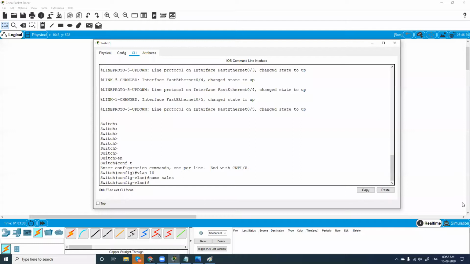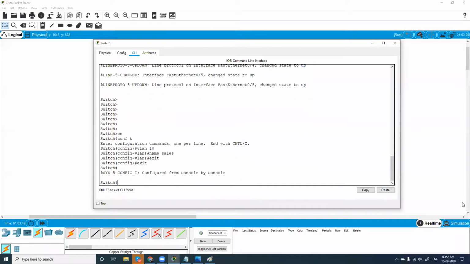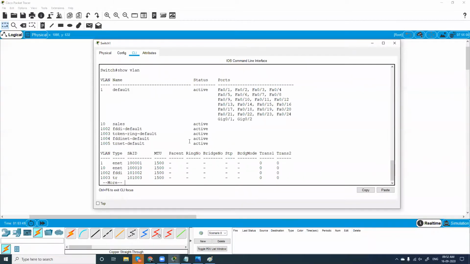This is not mandatory, but for you to get satisfied, in case you want to check if it has been created or not, you can go back to privilege mode and give the command show VLAN. It is going to show you the created VLAN. See here, I've created a VLAN with number 10 and sales is created.